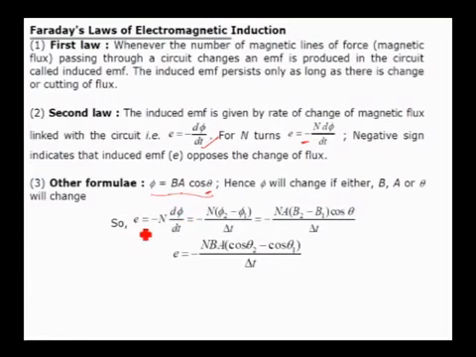So that way we can write E as minus N into d phi by dt. What is d phi there? It is nothing but the change in the flux linked with the coil, where delta phi is nothing but B2 minus B1 into A cos theta. This is if the magnetic field is changing but area is constant. In the other way, we have another formula, NBA into cos theta 2 minus cos theta 1. If the magnitude of the area is not changing, and the magnetic field is also not changing, but the angle between the area vector and magnetic field changes, still we get the induced EMF.